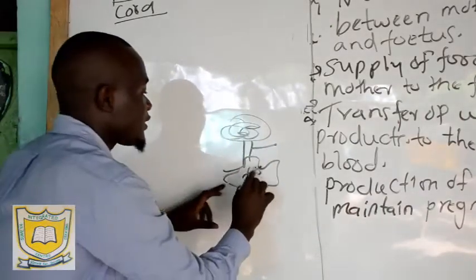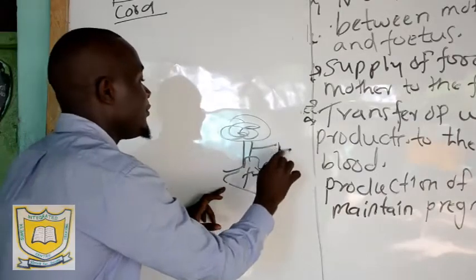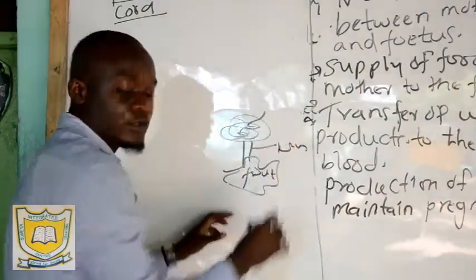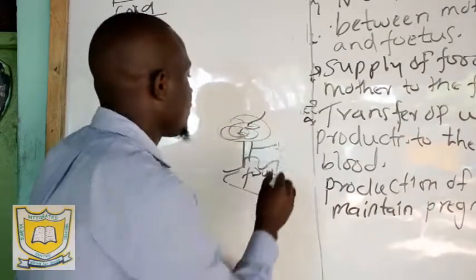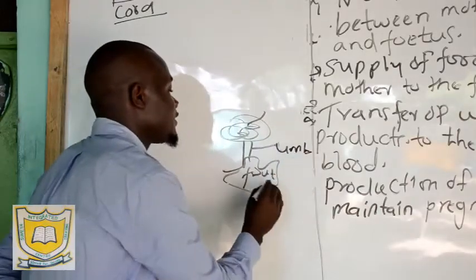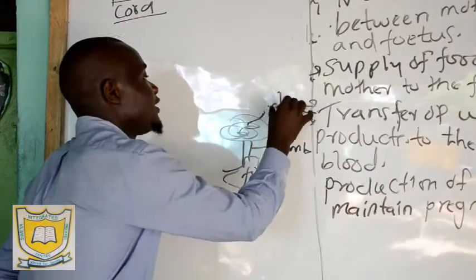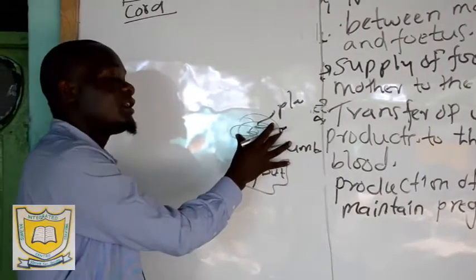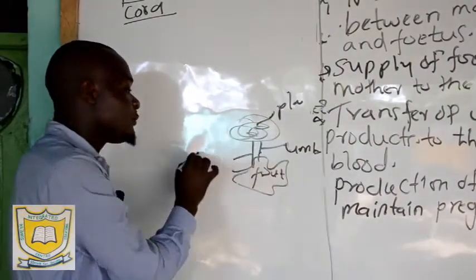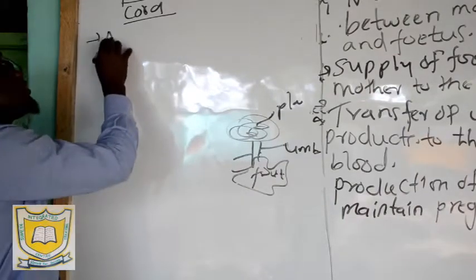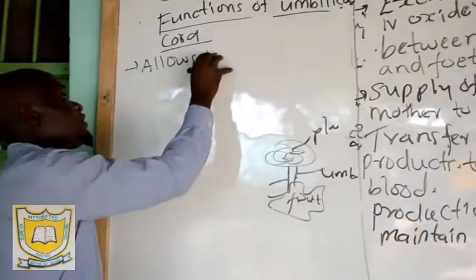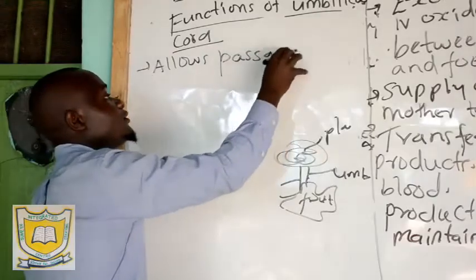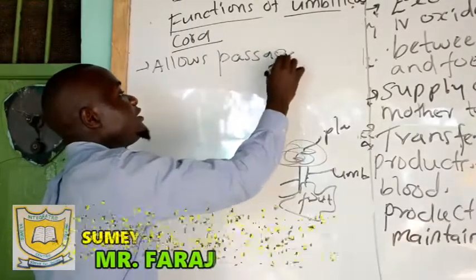This is the fetus, and this is the umbilical cord, and this is now the placenta. Now, because the umbilical cord joins the fetus and the placenta, the main function of this is just for the passage. It allows passage of